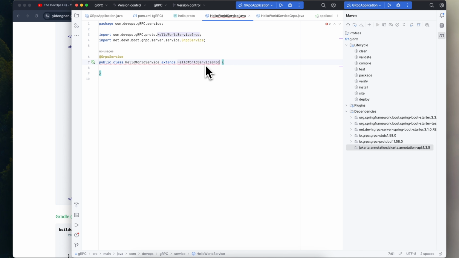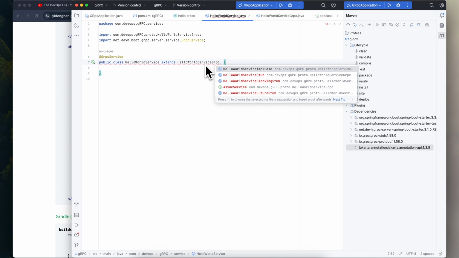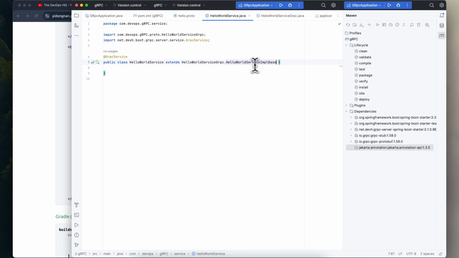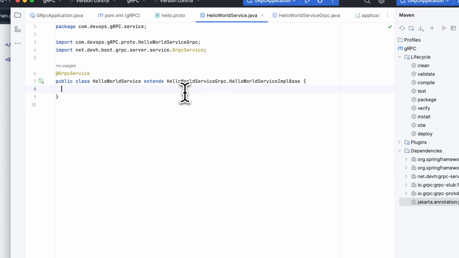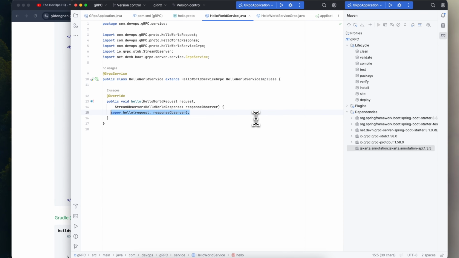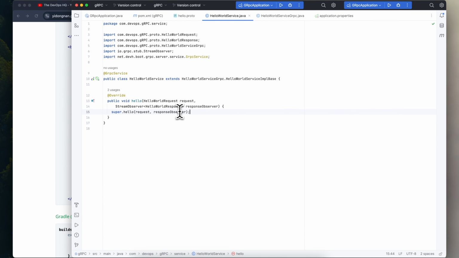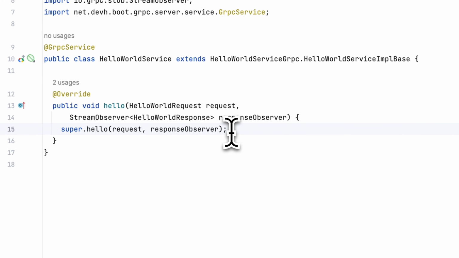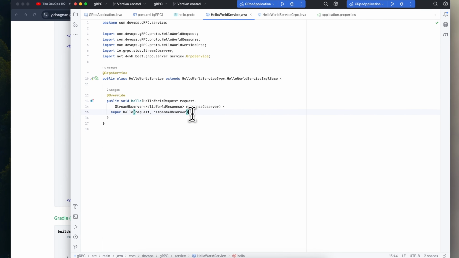So now let's implement this hello world service gRPC and then hello world service implementation base. So we have to extend our service class with this one, and then we have to override a method. So we have to override this hello method. So we have to override this method. So remove this super thing,